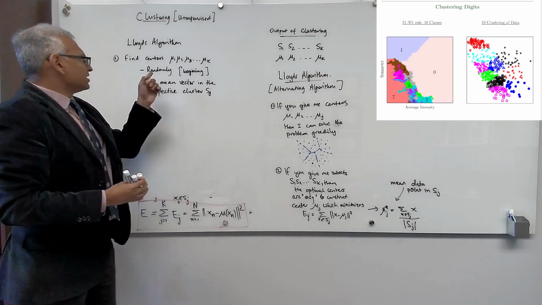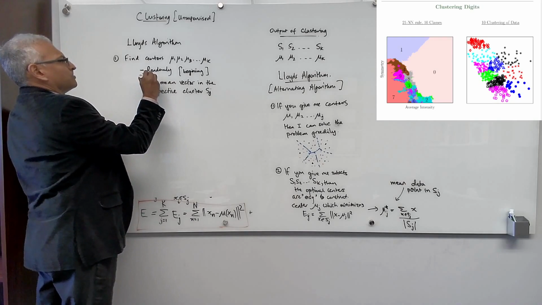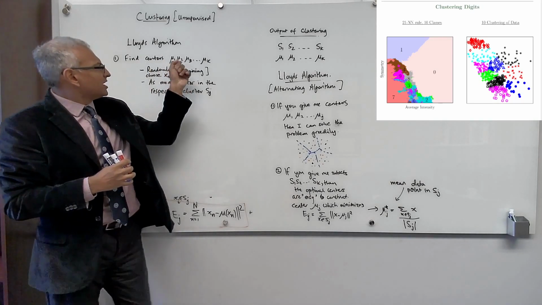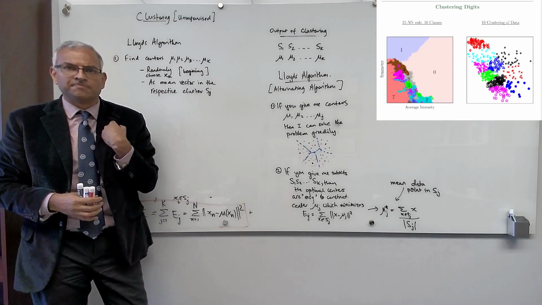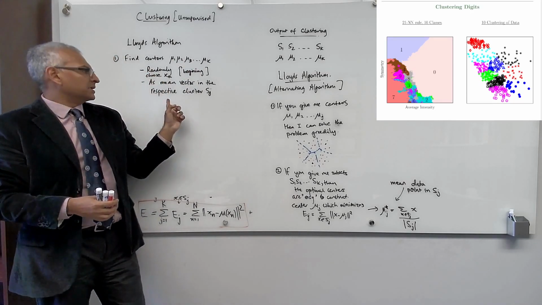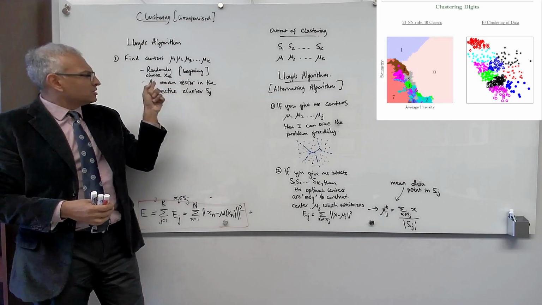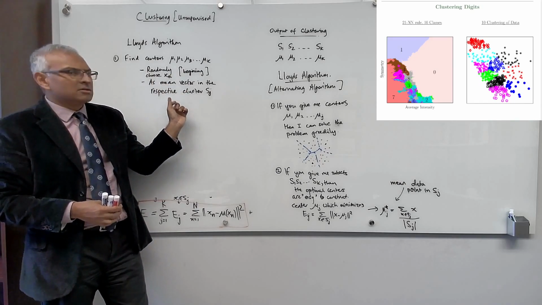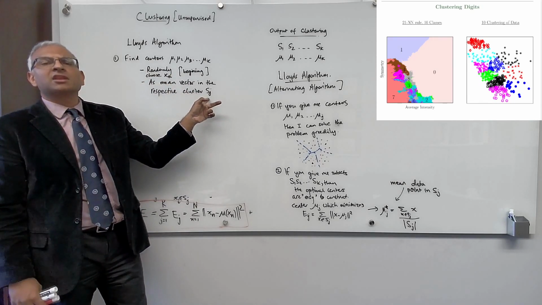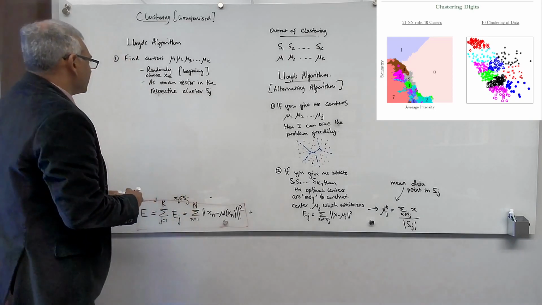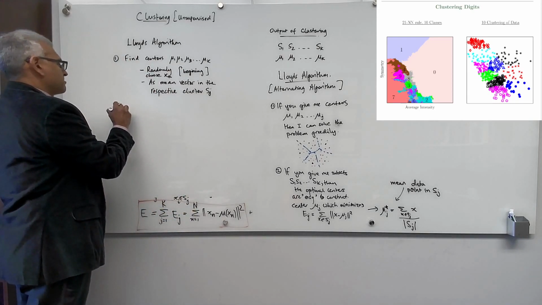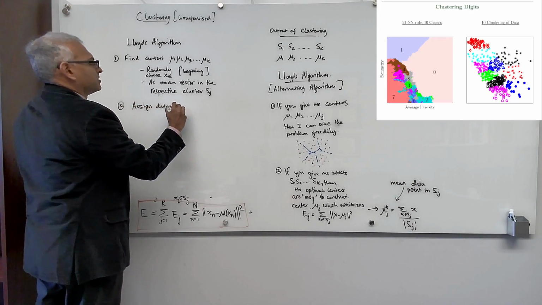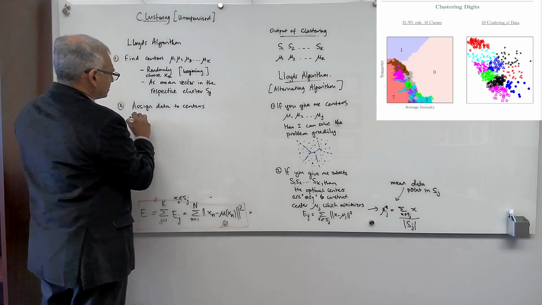So you randomly choose data points xn. Each center is a randomly chosen data point at the beginning. And as the algorithm progresses, you will construct the centers to be optimal for whatever the current clustering is. And once you have centers, assign data to centers greedily